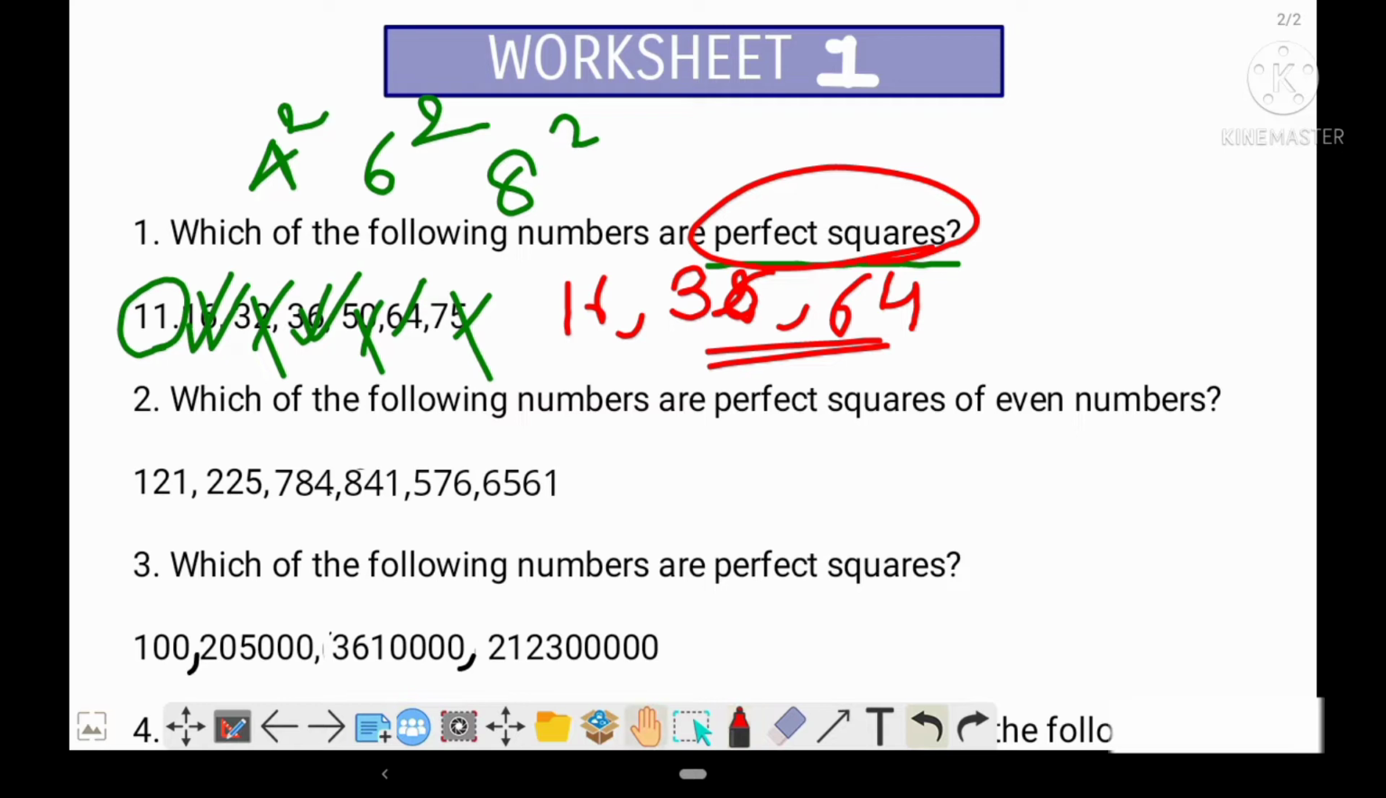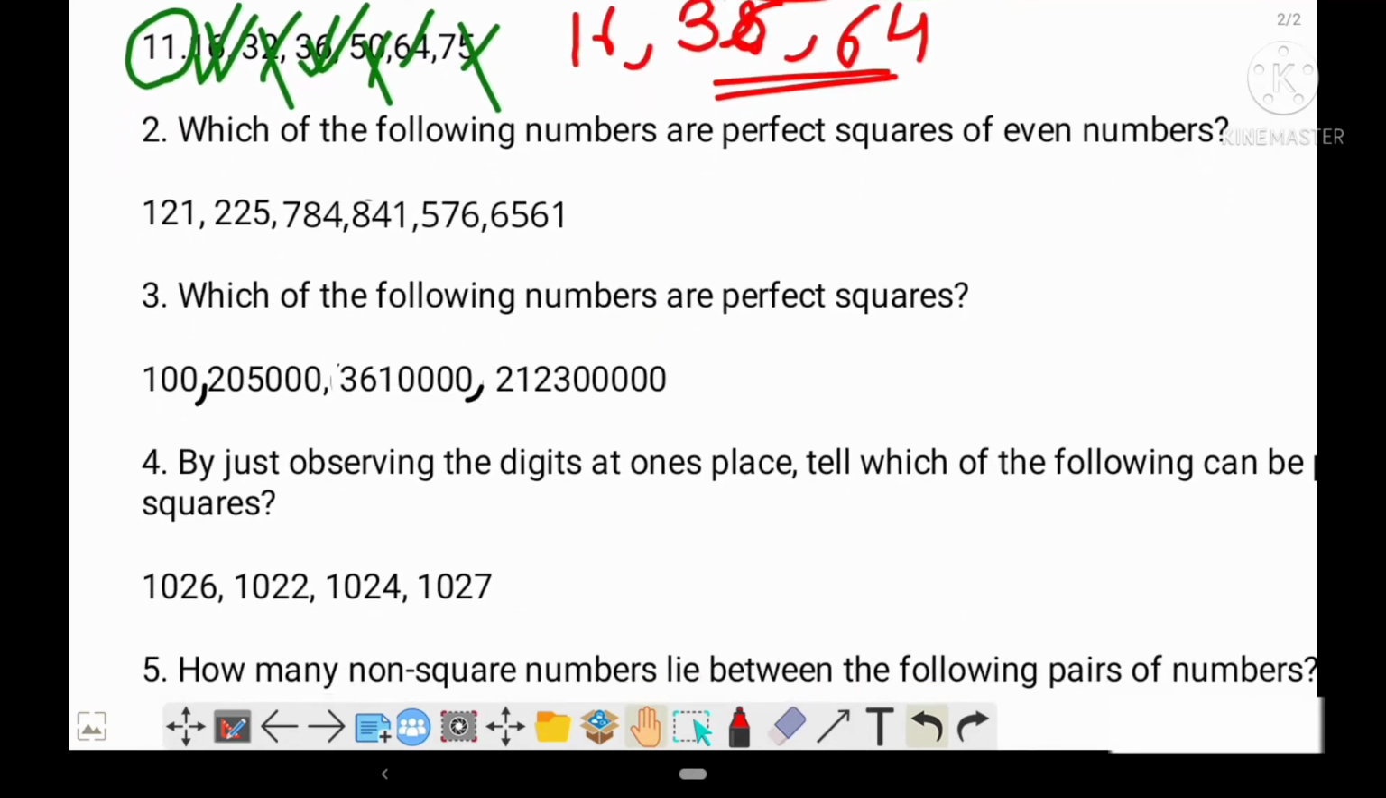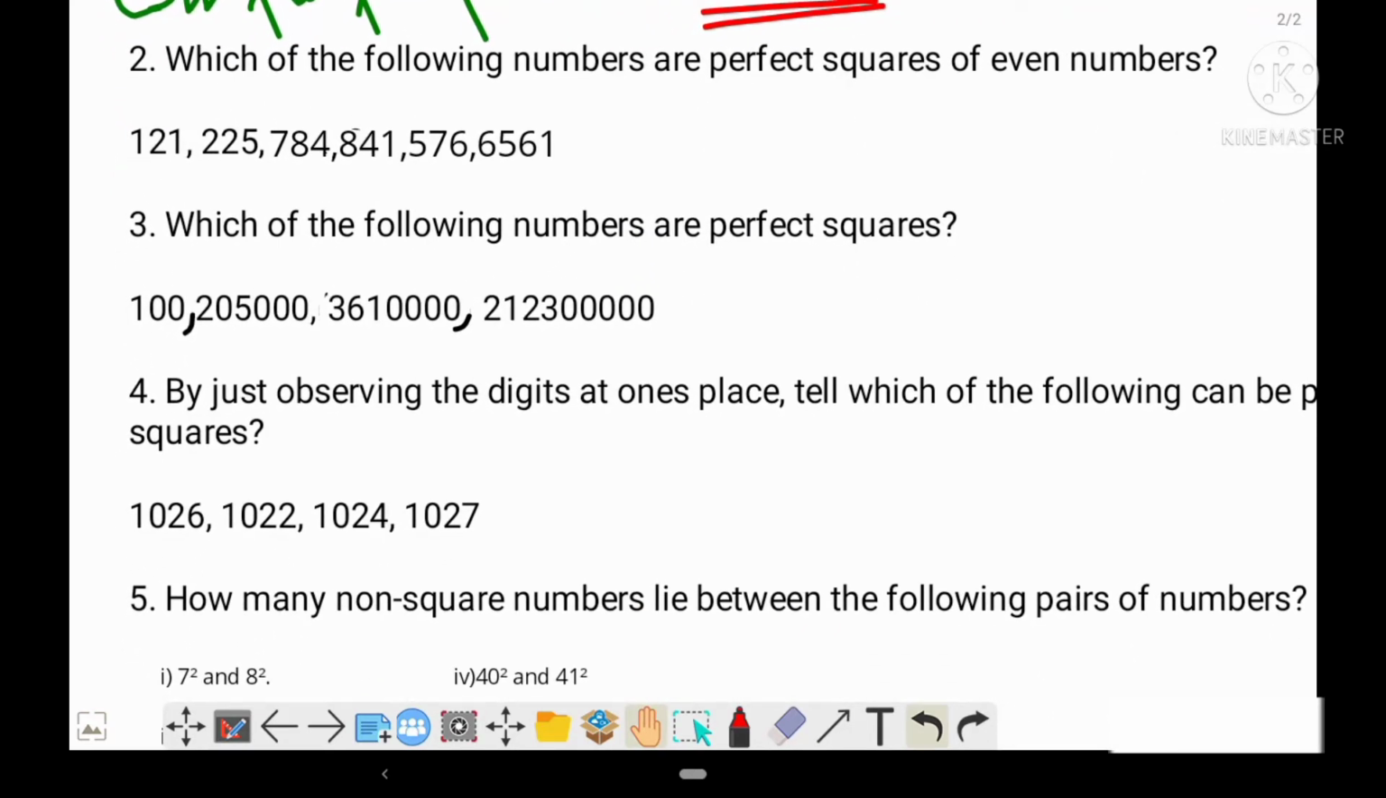Now question number 2. Which of the following numbers are perfect squares of even numbers? Students, you must have seen the concept video in which I have said that the square of an even number is